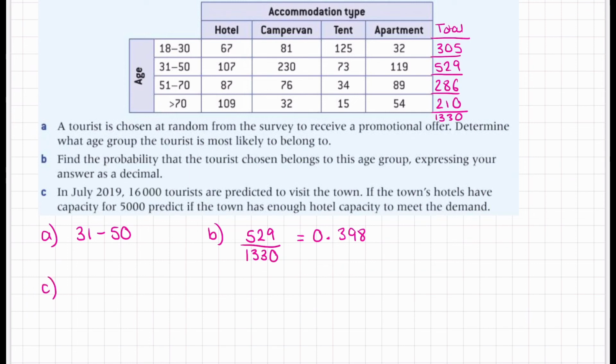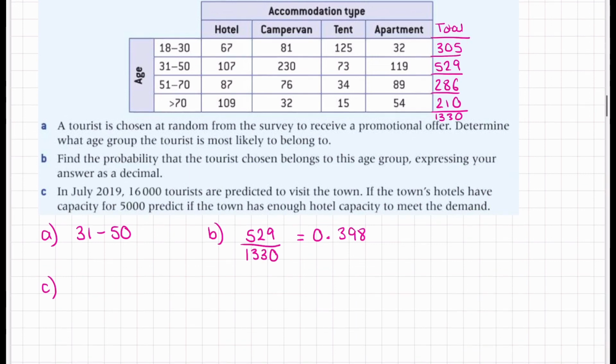C. In July 2019, 16,000 tourists are predicted to visit the town. If the town's hotels have a capacity for 5,000, predict if the town has enough hotel capacity to meet the demand. Now it says the town's hotels, which means we need to know how many hotels we have, so we need to total that column, which will give us 370. Firstly then we need to work out the probability of a hotel, which would be 370 out of the 1,330 were in a hotel,